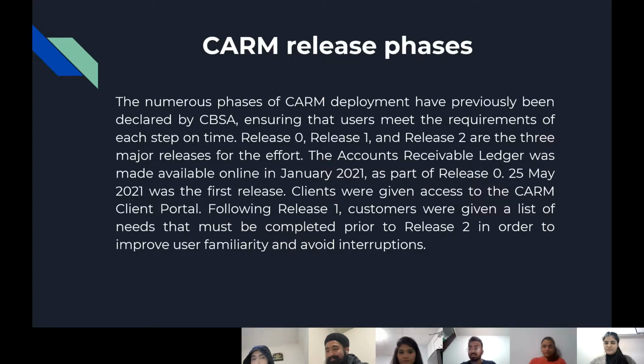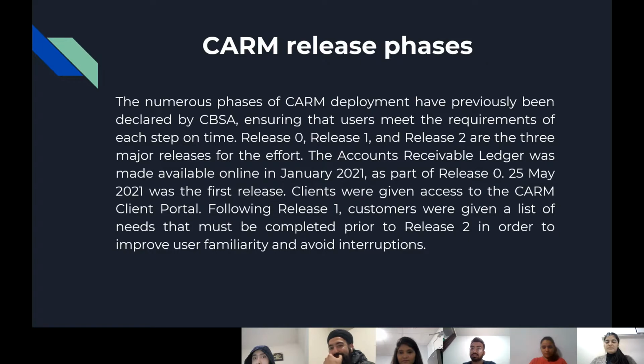Hello, everyone. My name is Yash Kumar Patel, and today I would like to talk about the Canada Border Services Agency Assessment and Revenue Management release phases. As we all know, the CBSA has already announced the different phases of implementation of CARM to ensure users fulfill the requirements of each phase in a timely manner.